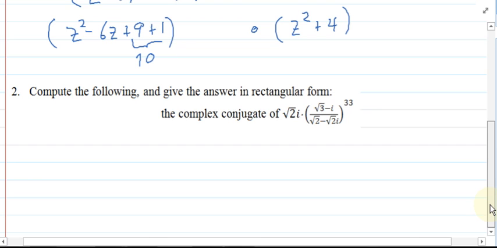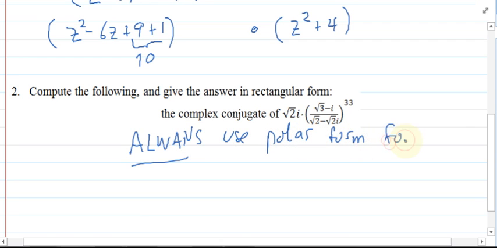Question 2: compute the following and give the answer in rectangular form. The complex conjugate of this very complicated expression. Now, I put this 33 here on purpose to discourage you from trying to do this in rectangular form. With complex multiplication, it's always, always, always use polar form